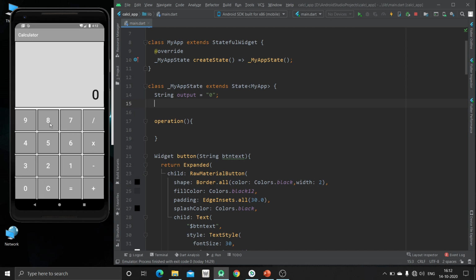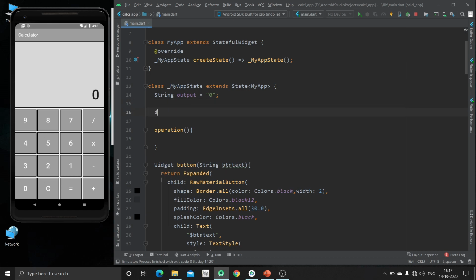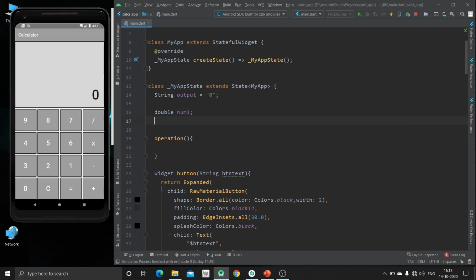Now we are going to create two variables for numeric numbers, that is first number plus second number, or first number divide second number. So for that we want two numbers, so we can take an integer or a double. I am going to use the double data type. The first number, the second number, initially all will be 0. Okay, it is not a string.